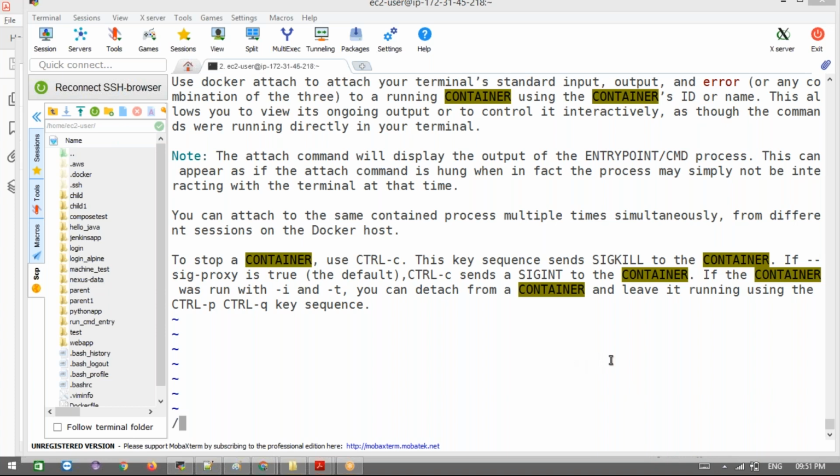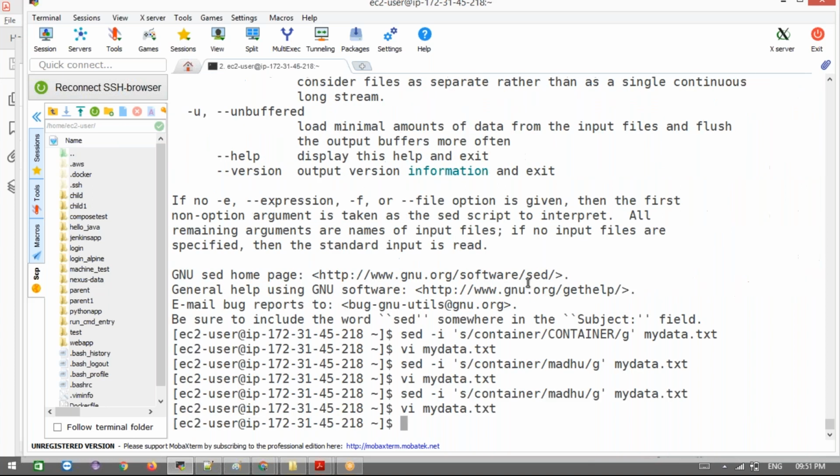Actually, I lost the net. Fine. Yes. Earlier it was the small letter, right? Now it is the capital letters. We already modified it. Now what do we do? We need to replace with the capital letter CONTAINER. That's the reason there is no finding for that replacement, so it will not be affected here.